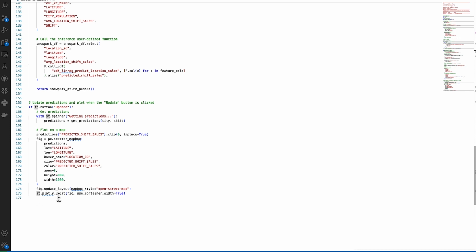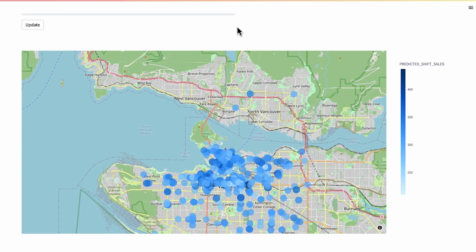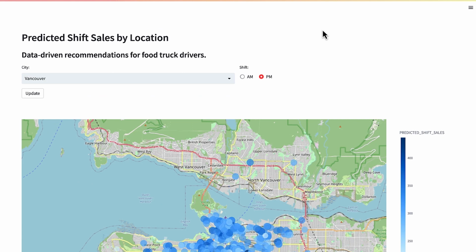And then finally, we display it in the map. And that is everything that's behind our Streamlit interface here. And it's totally powered by Snowflake. All right,